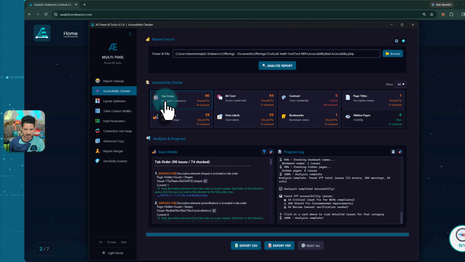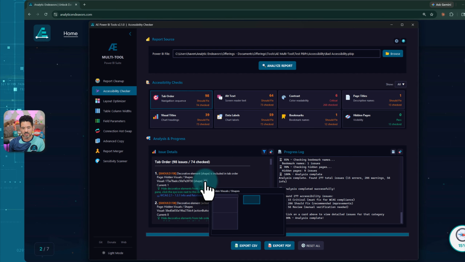So as an example here, if you click tab order, it has a total number of items that are found and ones that should be fixed. So in this case, it's actually going to give you callouts, like you can see down here below, where decorative elements such as shapes are included in the tab order, and you would maybe want to consider hiding some of those. And per the suggestion from Stephanie Bruno as well,